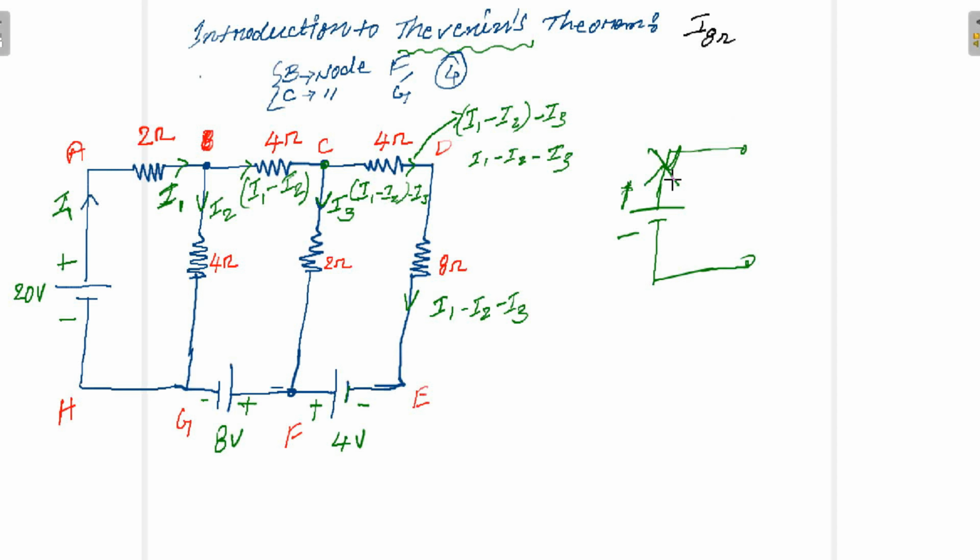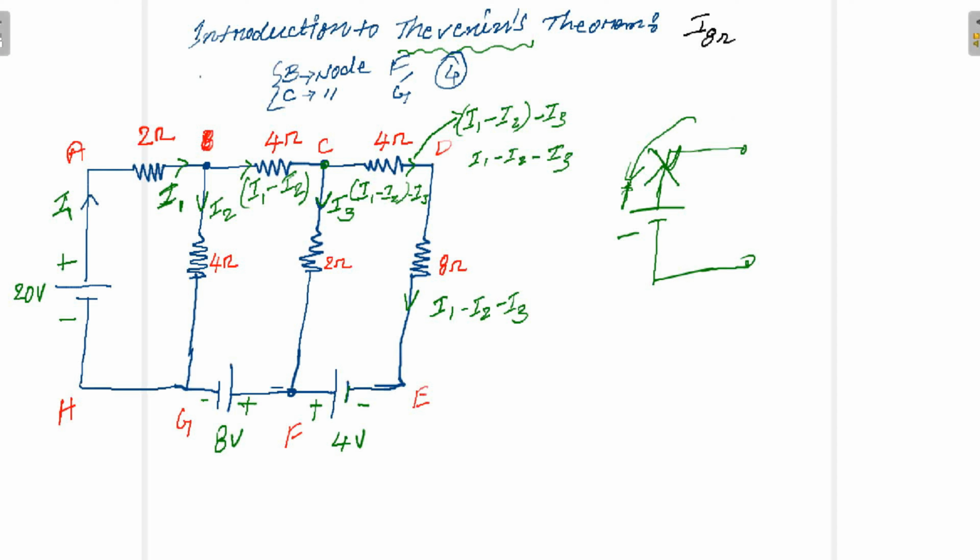Whenever the current enters the positive polarity, it is the reverse operation of the battery. What is the reverse operation? It is charging, like your cell phone battery. Whenever you are using a mobile phone, the battery discharges, which means the current flows from positive to negative. Whenever you connect your charger, the reverse operation takes place, and the positive plate gets charged.